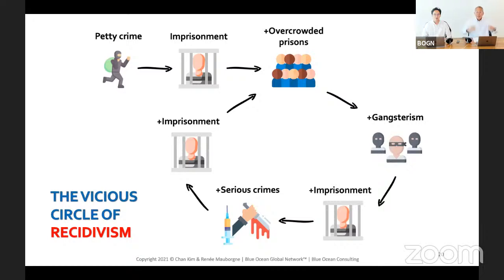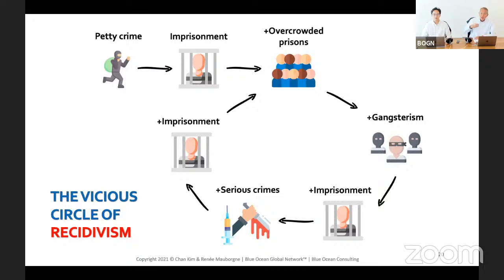After 3 months, they go out. Okay, they have actually been upgraded, like going to advanced school, like an MBA, you know? They upgrade their skills for crime and their network for crime. They become gangsters. They commit more serious crime. They can go back to prison again. So this is called a vicious cycle of